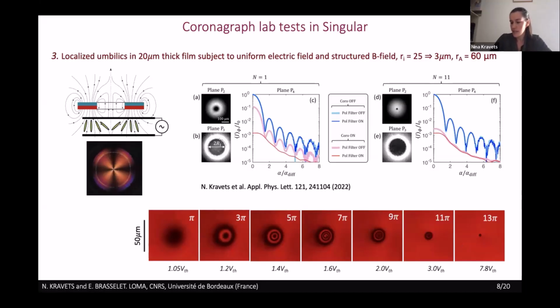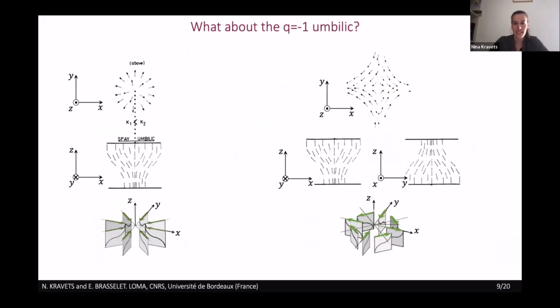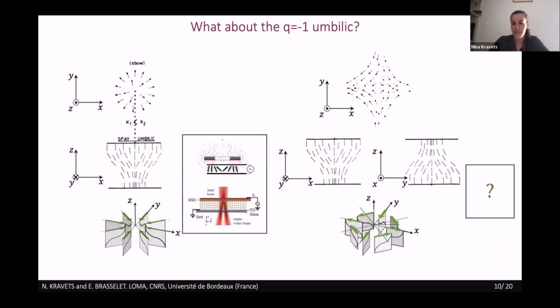And then, yeah, I see that the time is running, so I will accelerate. So far, I demonstrated that what we used is only the topological charge +1, and it has its intrinsic drawback of being slightly squared. Don't concentrate on this, but trust me, it has an intrinsic drawback. So for years, I was asking myself, what about the -1? How can we do the -1? Because in terms of the experiment, it's quite tricky, because the +1 defect can be generated by any axisymmetric additional structured field, being magnetic or electric, while the negative charge has this hyperbolic-like structure,